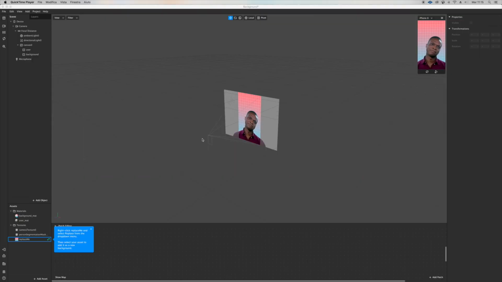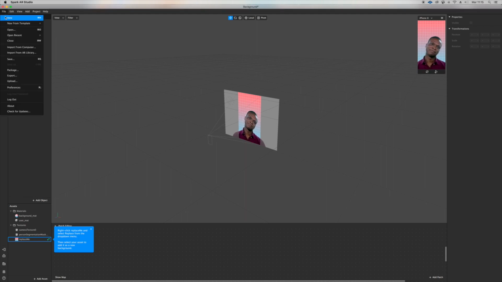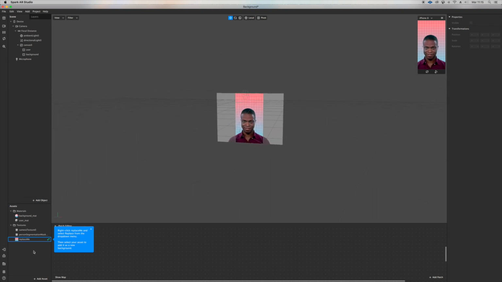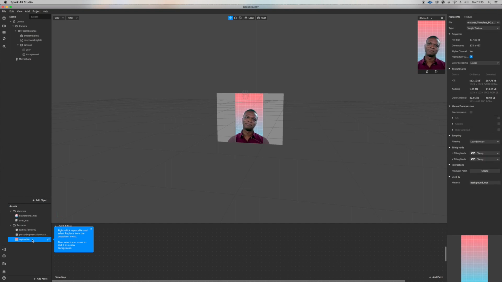This time I want to show you something cool using the Pixelate patch you can find in the Spark AR library. So let's go ahead and start from a new template, background template. If you don't know how to get here, just go on File, New from Template, and click on Background. So we get here, let's delete this replace me,